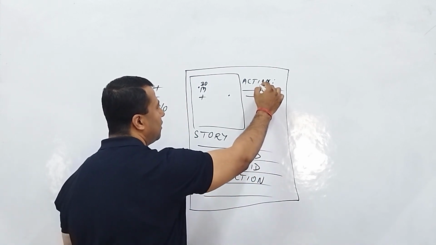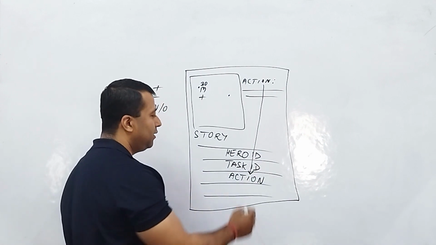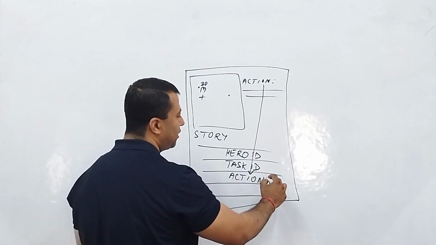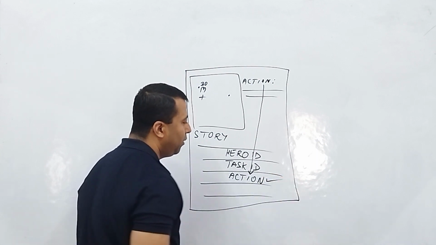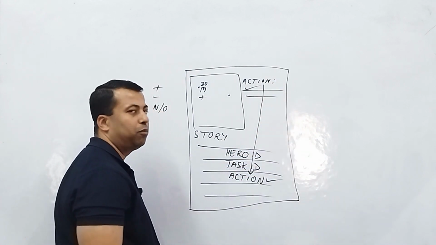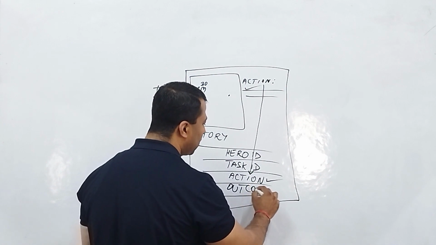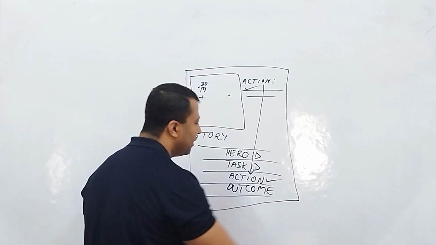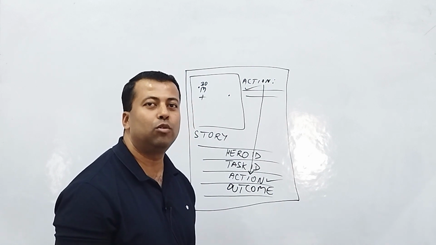Now, please keep in mind that this action and this action will be the same. The only difference will be that the action you are writing in the story will be in elaborative form and will be a replica of the action you have written on the top. At the last, you will be writing the outcome of your story, that what happens in the last, and it is supposed to be a successful outcome.